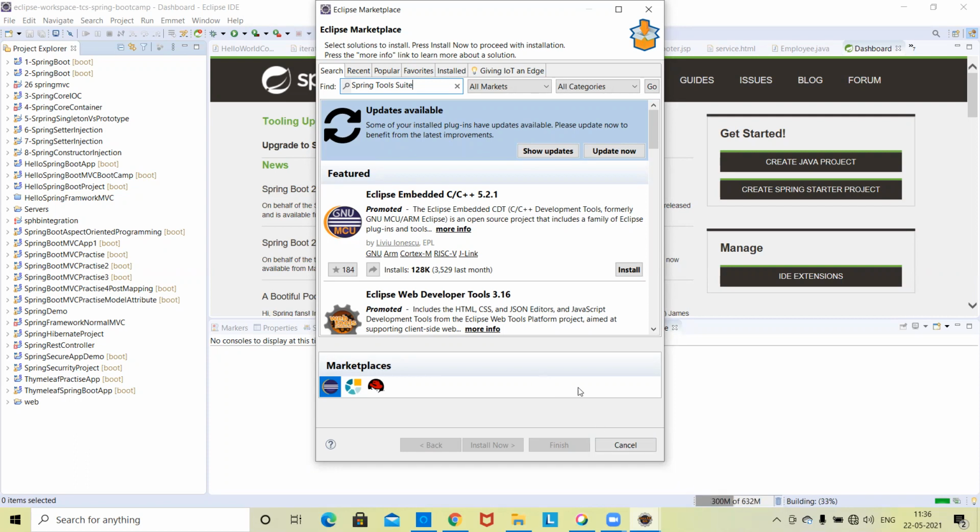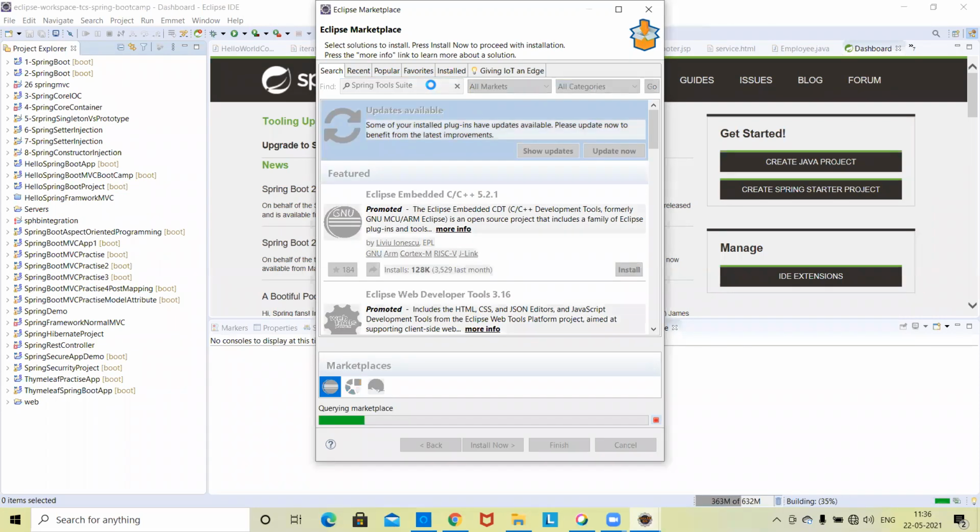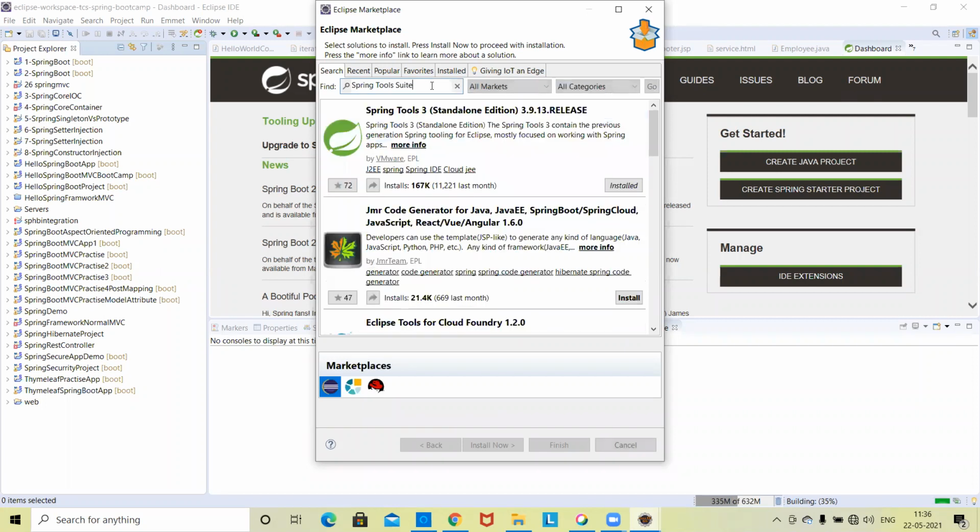Okay, let the IDE get ready, 35%. Sir, for me it's showing installed. Yes, those who have already installed, no need to do anything. But those who are new today, you need to click on install. There are 2-3 steps. You will notice the all checked option will come. I'm showing the screen.